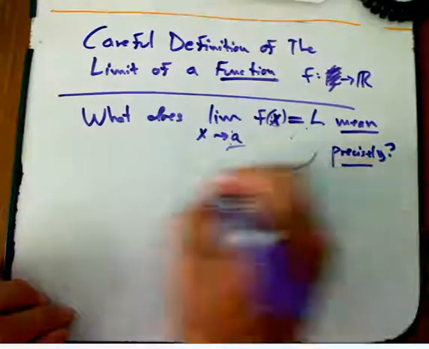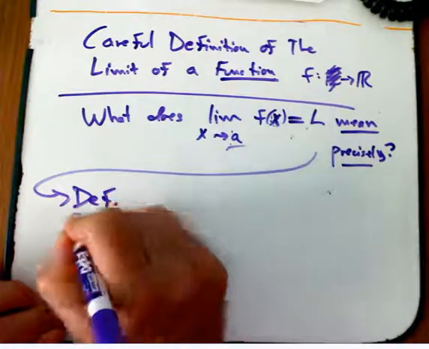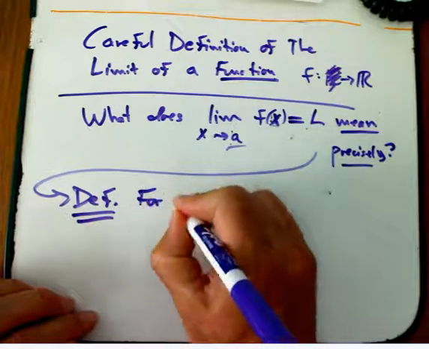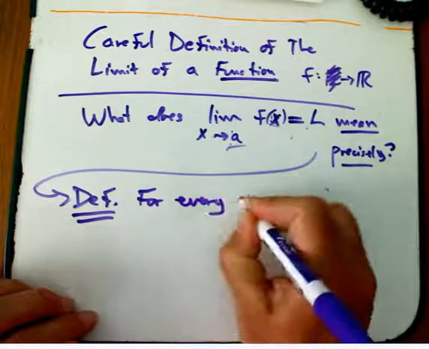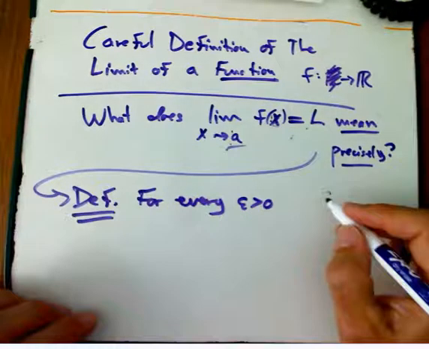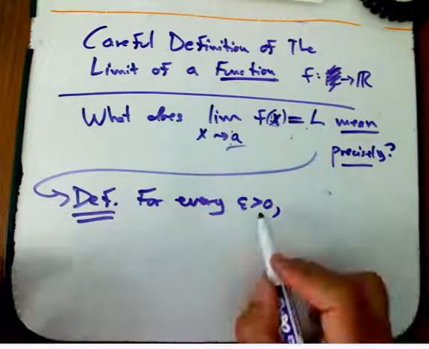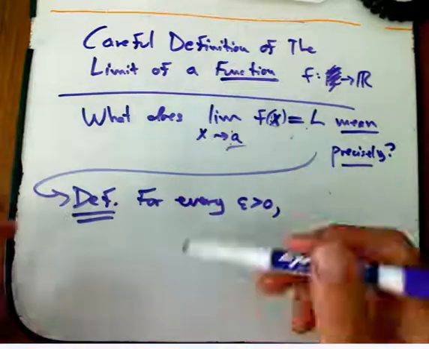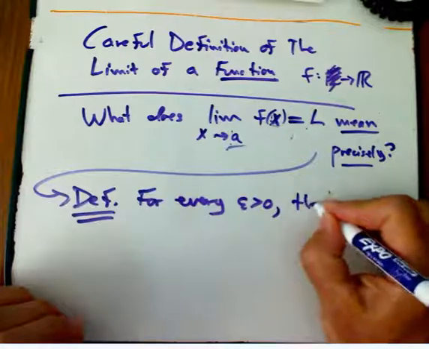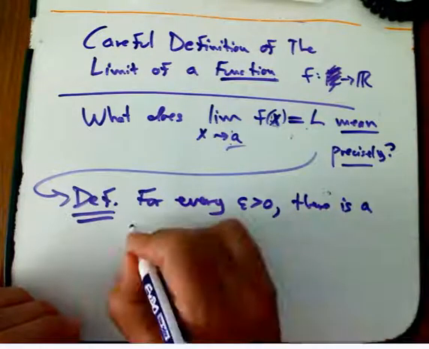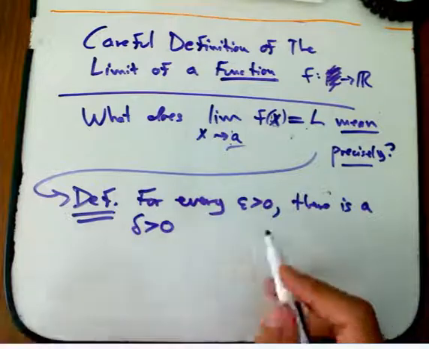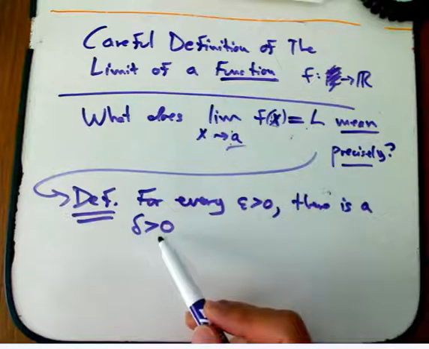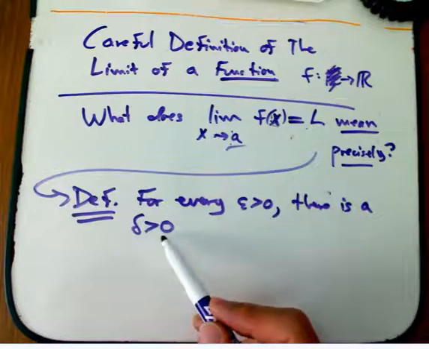Okay, so here's the definition. It says that for every possible epsilon greater than 0, so that's every customer that you could serve, and of course it's greater than 0, you never require exact precision because this is all about limits and approaching and nearness, okay? There is a delta that's also greater than 0. So this is the error bound you're trying to satisfy on the output. This is the wiggle room that you can allow on the input to achieve that,